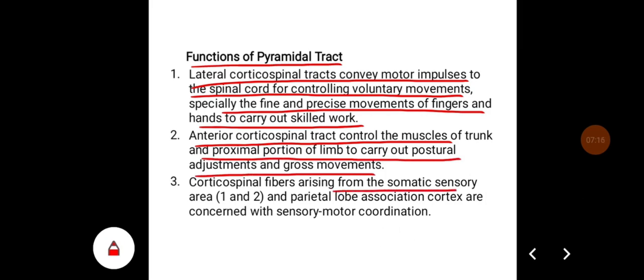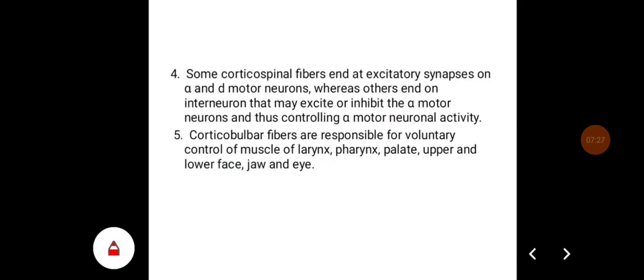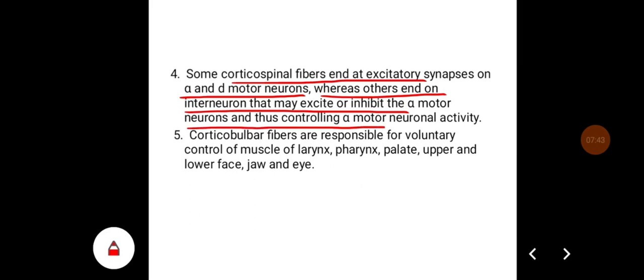Corticospinal fibers arising from the somatic sensory area, that is areas number 1 and 2, and parietal lobe association cortex are concerned with sensory motor coordination. Some corticospinal fibers end at excitatory synapses on alpha and gamma motor neurons, whereas others end on the interneurons that may excite or inhibit the alpha motor neurons, thus controlling the alpha motor neuron activity. Corticobulbar fibers are responsible for voluntary control of muscles of the larynx, pharynx, palate, and upper and lower face, jaw, and